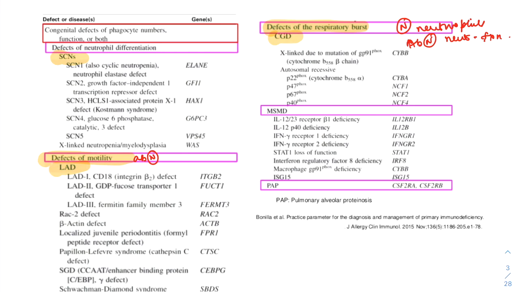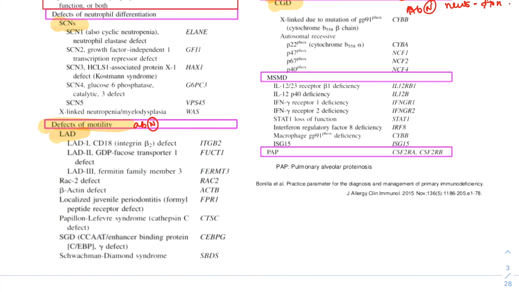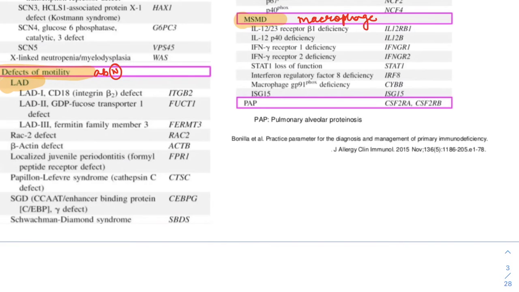Other diseases of phagocytic function include Mendelian susceptibility to mycobacterial disease, or MSMD in short, which is primarily a macrophage disorder. And the last type of phagocytic defect is pulmonary alveolar proteinosis, or PAP in short, which is caused by